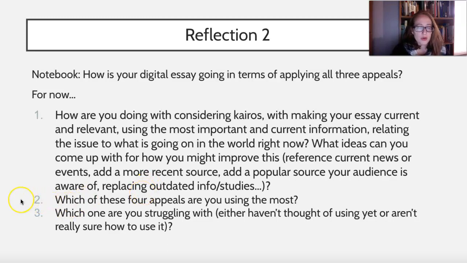I want you to think real quickly about which of these 4 appeals it seems like you're using the most. Does it seem like you are using a lot of logic and maybe need to balance it out somewhere? Because you want to have lots of logic, but logic isn't the only appeal. A well-rounded, effective essay needs to have all of the appeals, and it's really difficult just to have logic without having ethos, without having pathos to help explain and illustrate the logic, the reasons. Which one do you seem to be kind of struggling with the most?